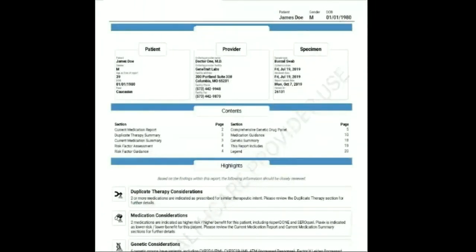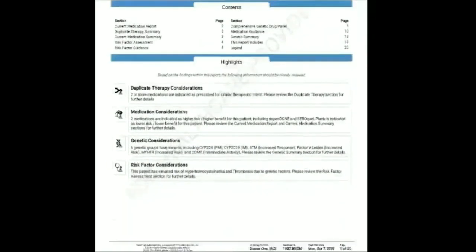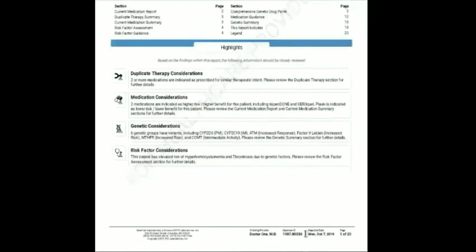You're going to be looking for the patient ID here on the first page, their date of birth, and then scroll down to the bottom of the first page and you'll see something called the specimen ID number. These are the only three things that you're going to need to look at this report